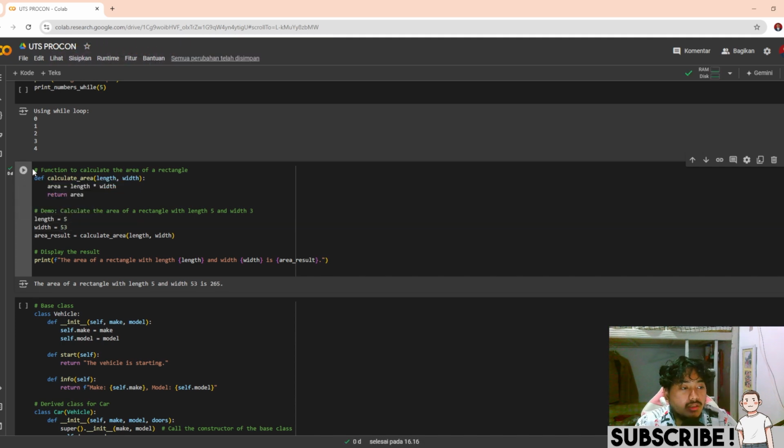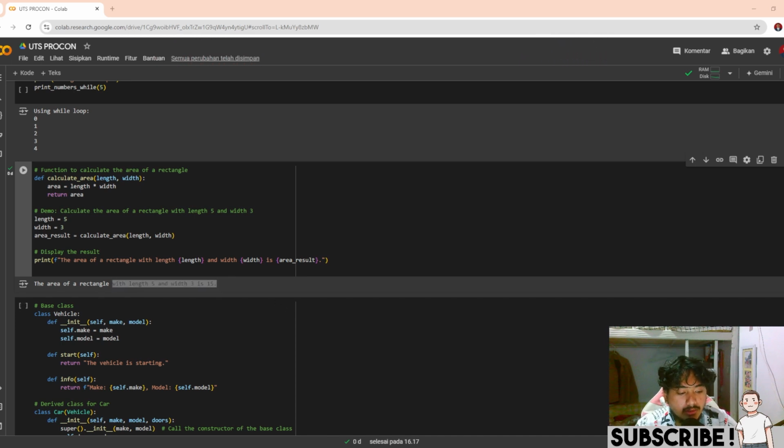After we run, it will display the area of a rectangle with length 5 and width 53. Okay, I think I input the width wrong, yeah, it's too much. Let's restore it, just 3. We run again, yeah, it is 15. 5 multiplied by 3 is 15.